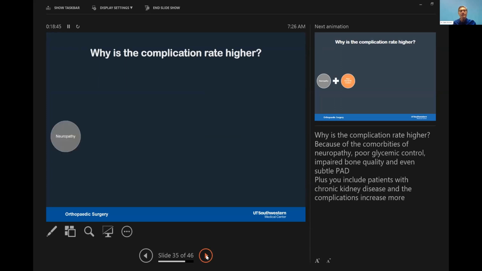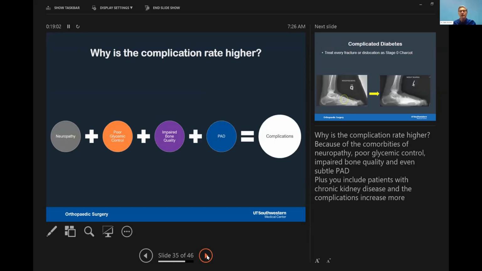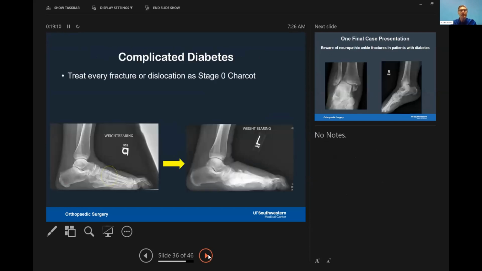Well, I think neuropathy is really the evil element. You combine that with somebody who has poor glycemic control, who has impaired bone quality, either from osteoporosis or secondary hyperparathyroidism from renal disease, and you put some peripheral artery disease together, and you really have the perfect storm for developing complications. And so one of the most important things that I've learned over time is to treat every fracture or dislocation, or for that matter, sprain or strain in a patient with diabetes and neuropathy as if they have